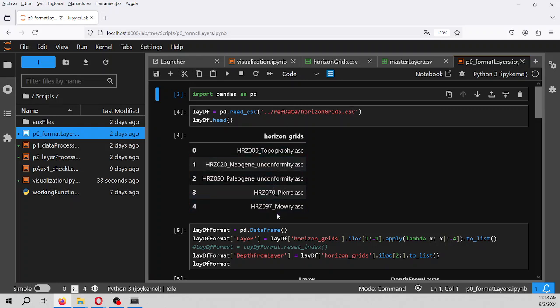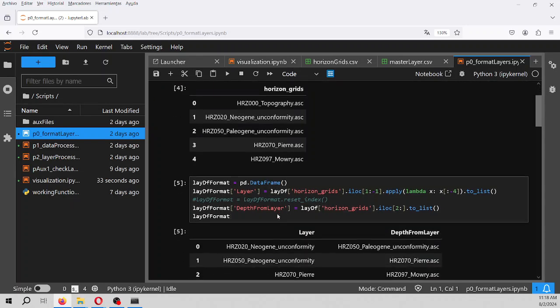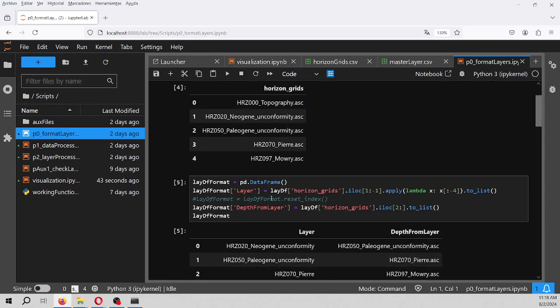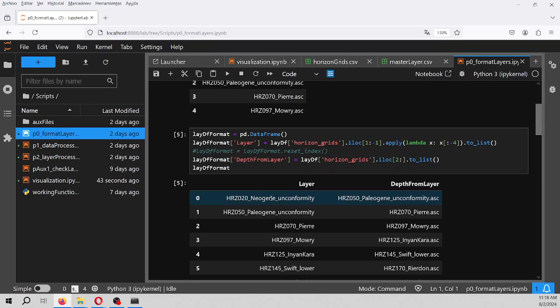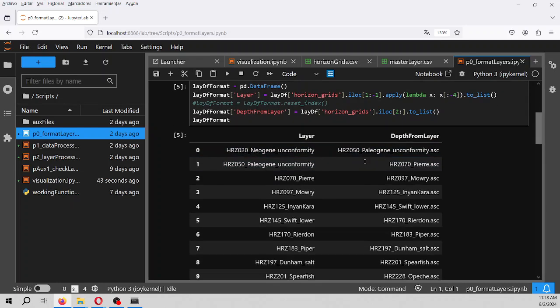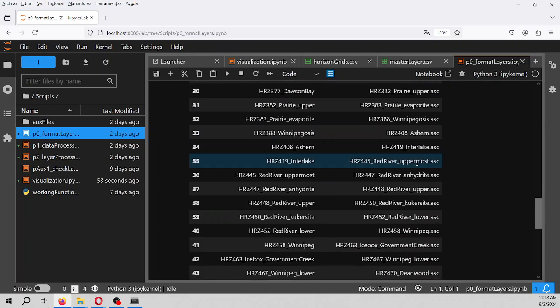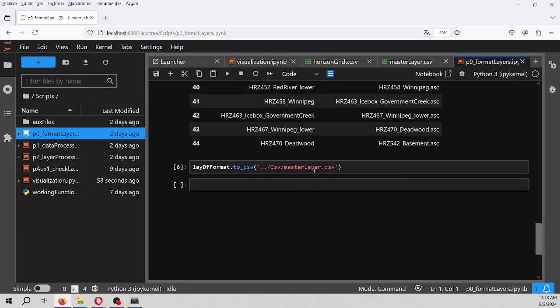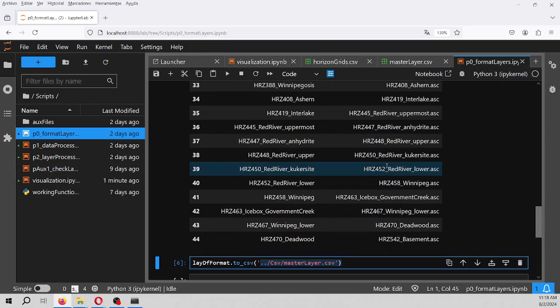In this one, this is the bottom, this is the elevation. So we correlate for the layer, it will be the top of the underlying layer. And we create the master layer. If you see, we have